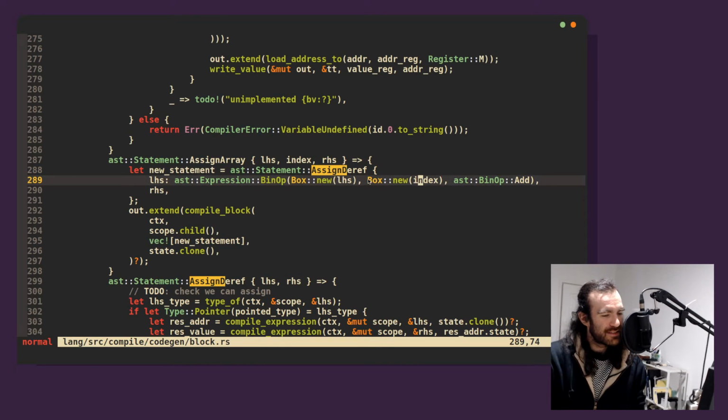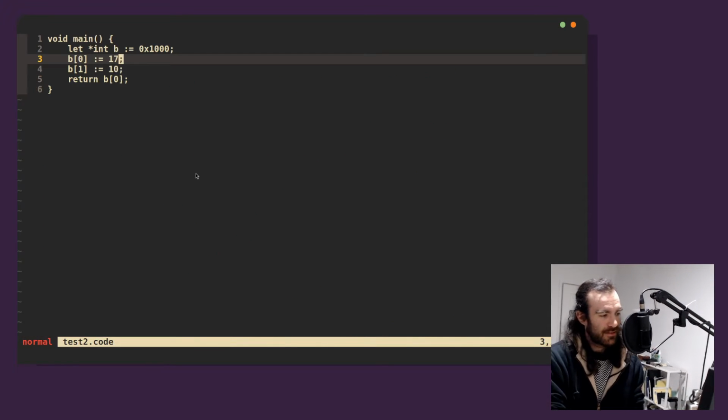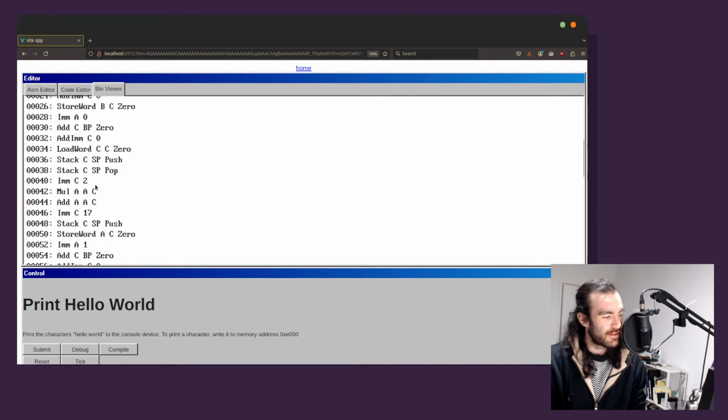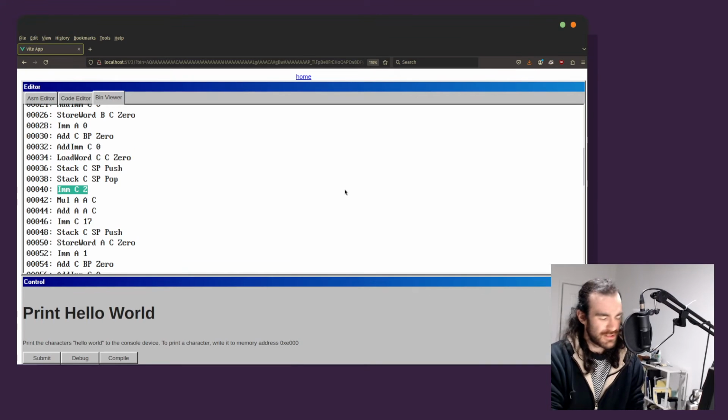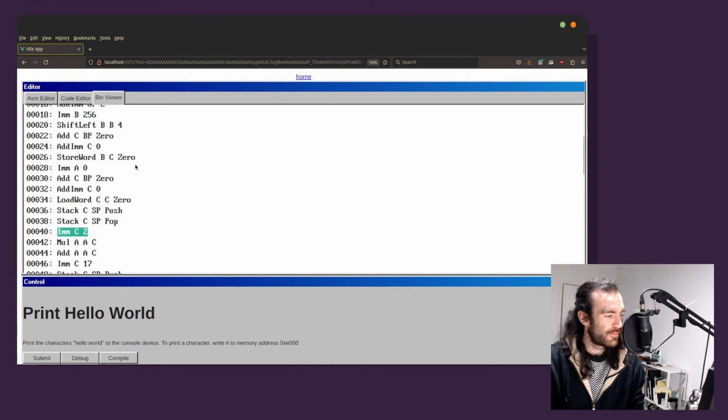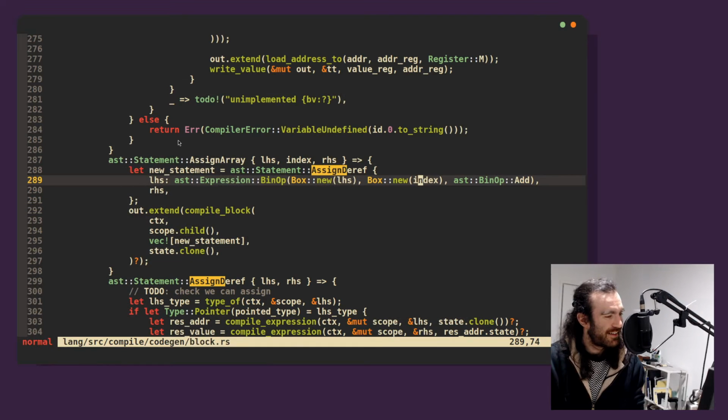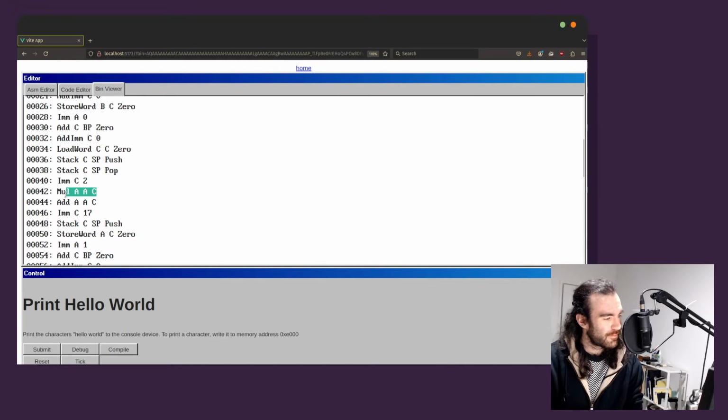But then why does the index... Also, that's not the index. What is this? Where does the number 2 come from? What happened here? Where did this go so wrong? Where did the number 2 come from? Because we're doing this multiplication, right? AAC. So it thinks we're multiplying